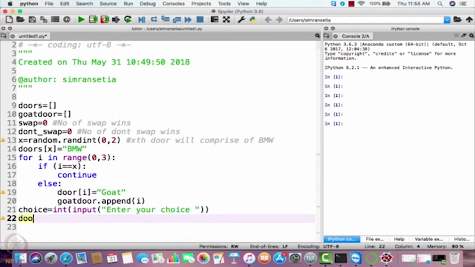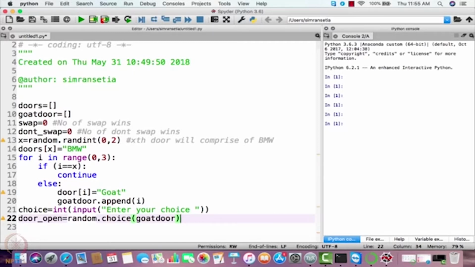but before that he will open a door. So door open, we'll take a variable here, door open. I'll again generate it randomly here, so I'll write random dot choice goat door.